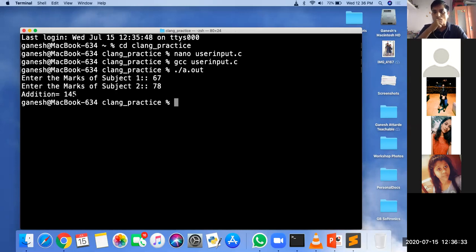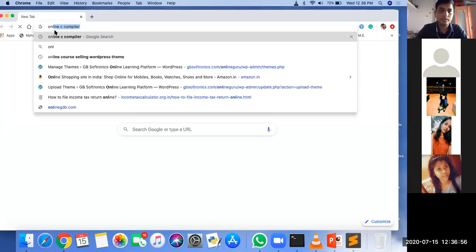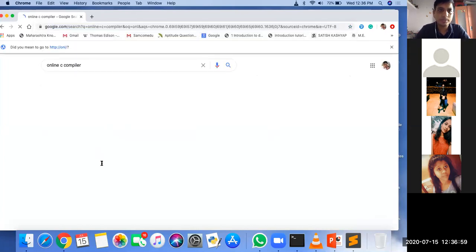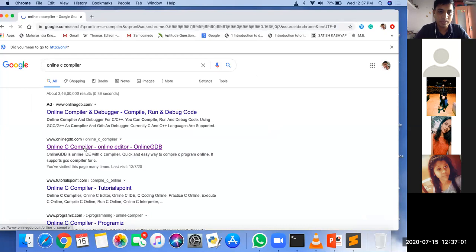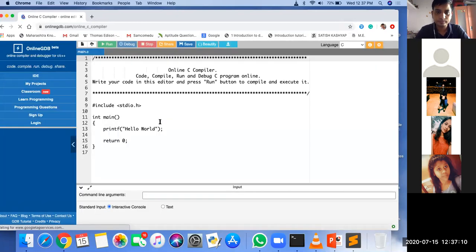Okay. Sir, for user input, always prefer that nano editor if you want to get the user input. Okay, so on an online compiler, can we take user input, sir? Is that option available? User input in the online C compiler, I haven't tested actually because I never use user input. I'm always inputting the value in the program itself. Okay. Interactive console, yeah, it is there.